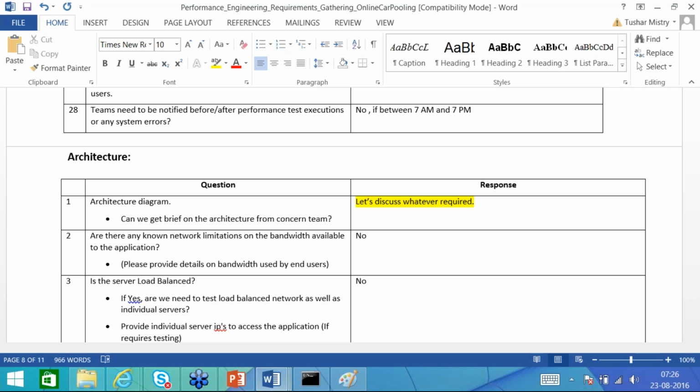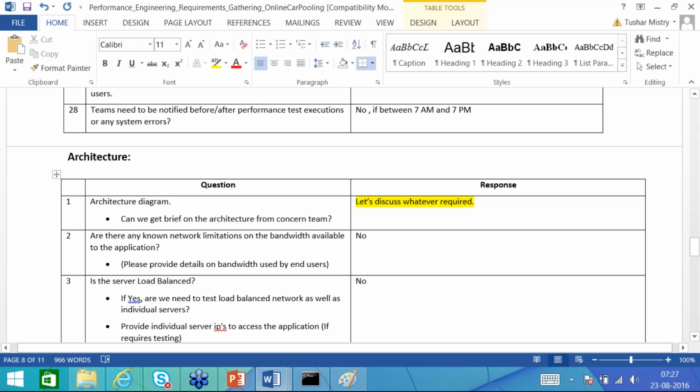Because suppose there is an issue and we are monitoring our application, we might say the request is flowing from this server to this server, but in actual it is not happening. So we might be able to pinpoint the issue. Not in much detail, but we should have a brief about the architecture diagram. Can we get a brief on the architecture from the concerned team?